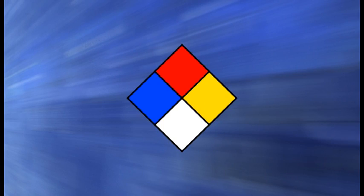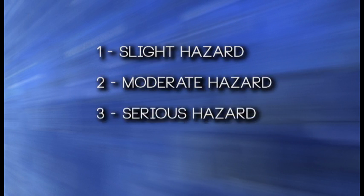As I previously mentioned, the NFPA symbol uses a combination of colors and numbers to convey hazards. The blue field represents a health hazard, red indicates a fire hazard, yellow a reactivity hazard, and the white field is used for special warnings. Since there are no numbers, the product would be considered non-hazardous. If there were hazards, numbers from a 1 to a 4 would be placed in the appropriate field. A 1 indicates a slight hazard, 2 a moderate hazard, 3 a serious hazard, and 4 would convey a severe